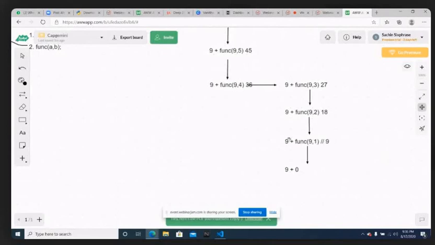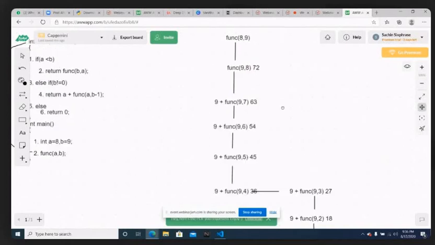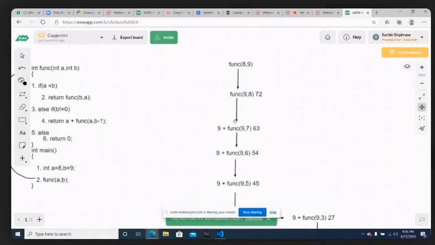This 9 I need to add with this 9, so it becomes 18, received by 9 comma 2. 18 plus 9, 27, received by 9 comma 3. 27 plus 9, 36, received by 9 comma 4. 36 plus 9, 45, received by 9 comma 5. 45 plus 9, 54, received by 9 comma 6. 54 plus 9 is 63, received by 9 comma 7. And then 63 plus 9 is 72, received by 9 comma 8, which is taken as the answer.